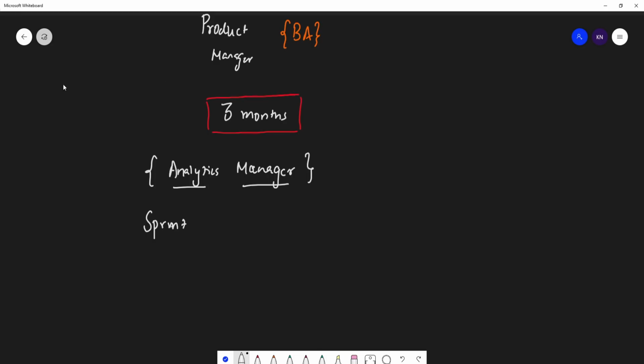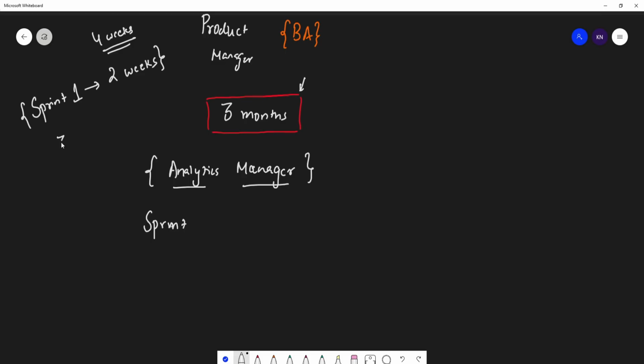So now suppose I take an example, guys. In many of the companies, every sprint is basically given a timeline of 2 weeks. There are also companies which take 4 weeks, guys, but the best practice, what I feel, is 2 weeks. Within 2 weeks they try to complete one sprint, and based on the number of days or weeks that are there, they will try to divide the stories.